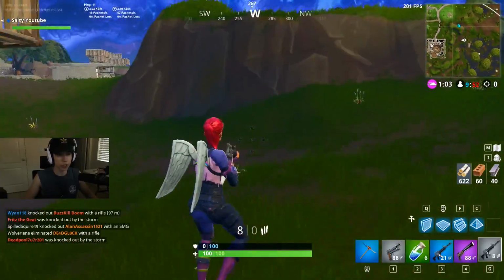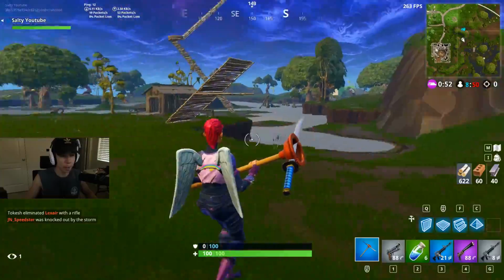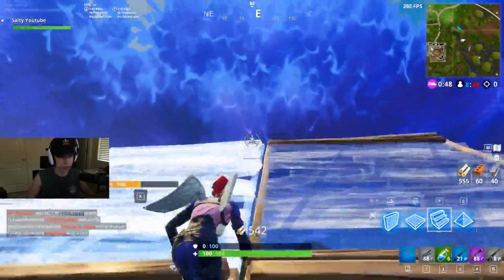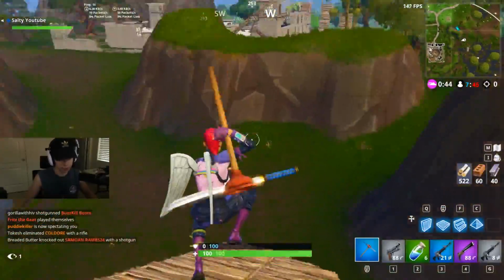Not sure where I'm actually getting shot from though. Over there. So yeah, guys, that is the third pro tip. Also, obviously you can just double ramp like this. All right, maybe if you're not advanced enough to do the floor ramp wall,